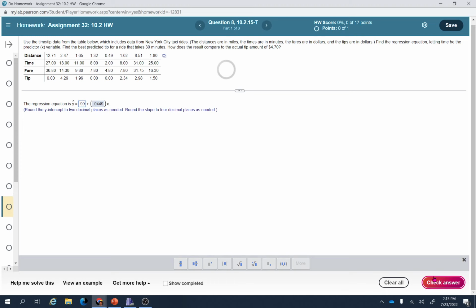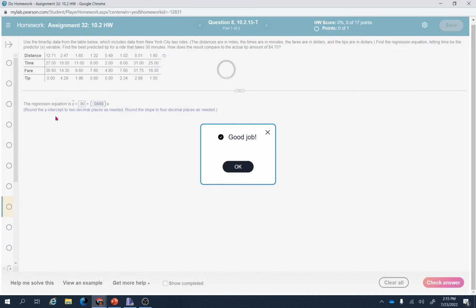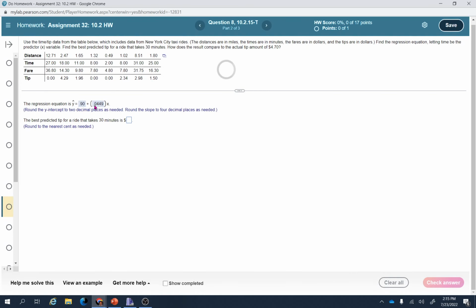Okay, so I did not read the instruction clearly, so make sure that you read the instruction for rounding here. They say this constant number, which is the y-intercept, has to be 2 decimal places, and round the slope. Slope means the number in front of x, that is 4 decimal places. So that is our regression equation, and now we have to predict how much